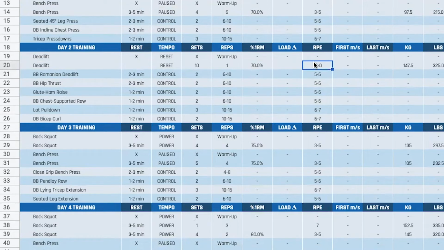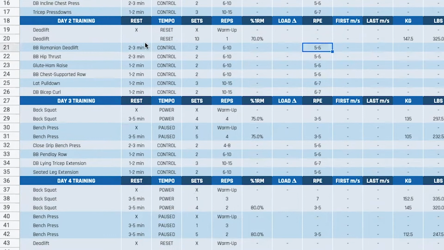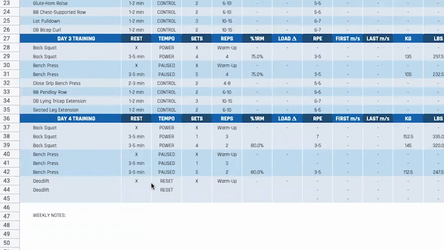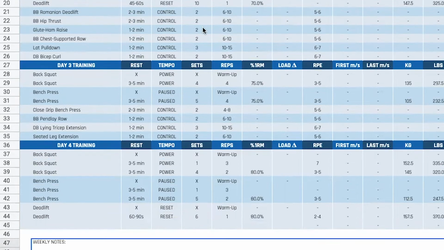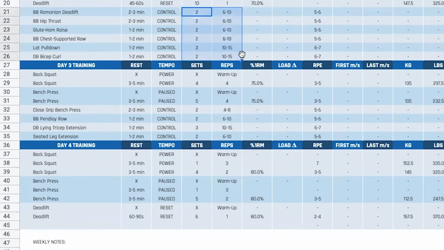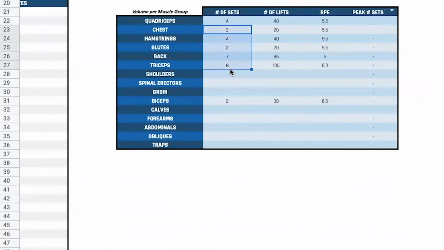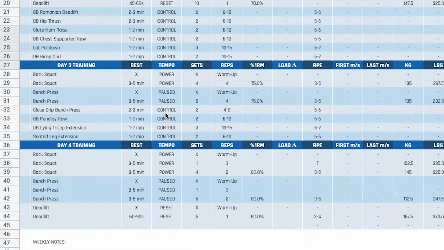And if you don't want the RPE there, because this is super easy work, just put a dash through it. 45, 60 seconds rest, 60 to 90 seconds rest. We'll do 6 sets of 1 at 80%. And then we have tons of posterior chain accessory work as well to kind of make up for the volume